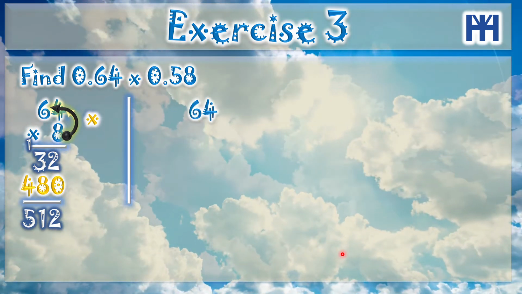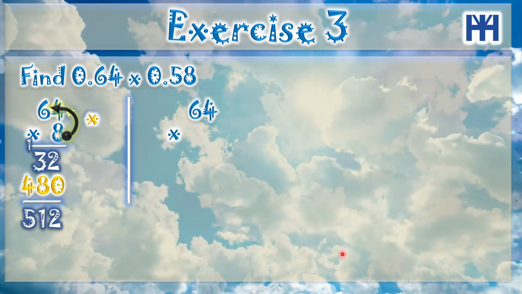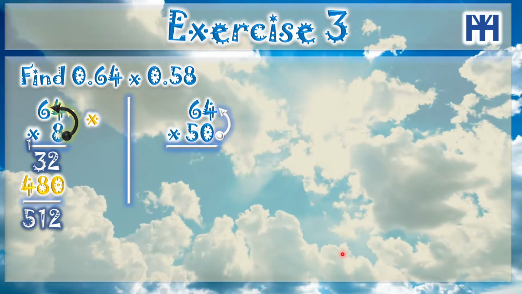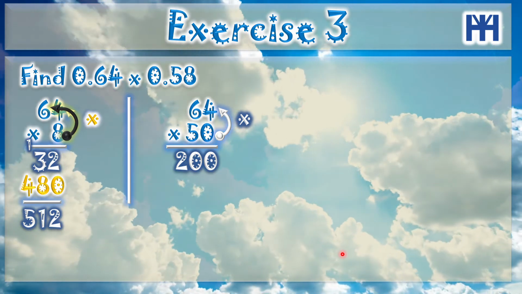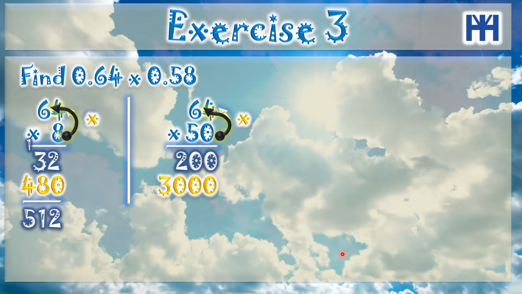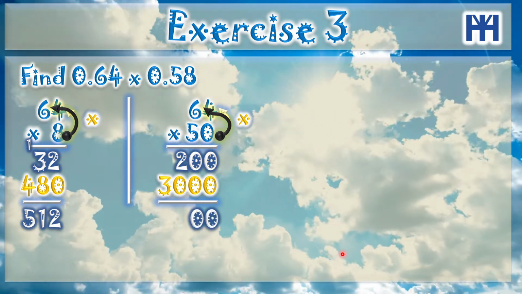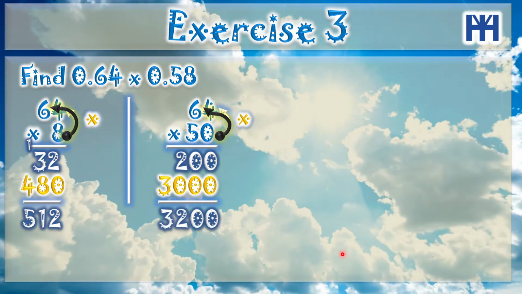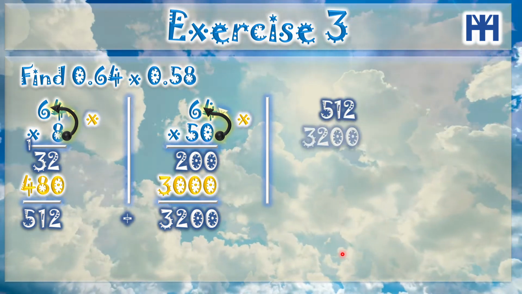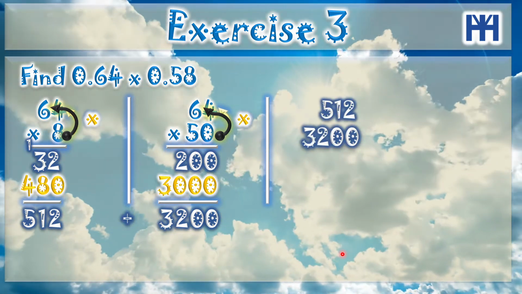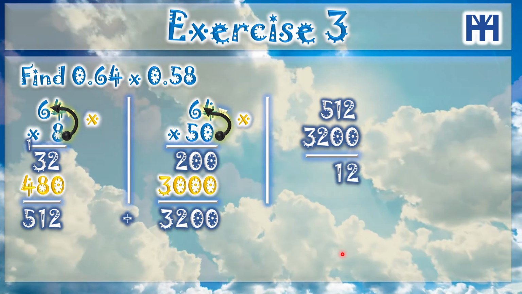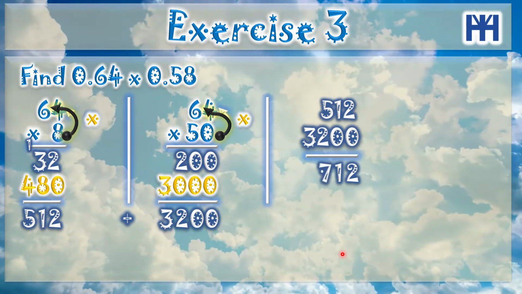Okay, so let's find what's the result of 64 times 50. So 50 times 4, it's 200. Then 50 times 60, it's 3000. Then we will add them, 0 and 0, 0 and 0, then 2, then 3. Okay, so the only thing left here is to add them. So 512 plus 3200, 2 and 0, 2, 1 and 0, 1, 5 and 2, 7, 3 and nothing,